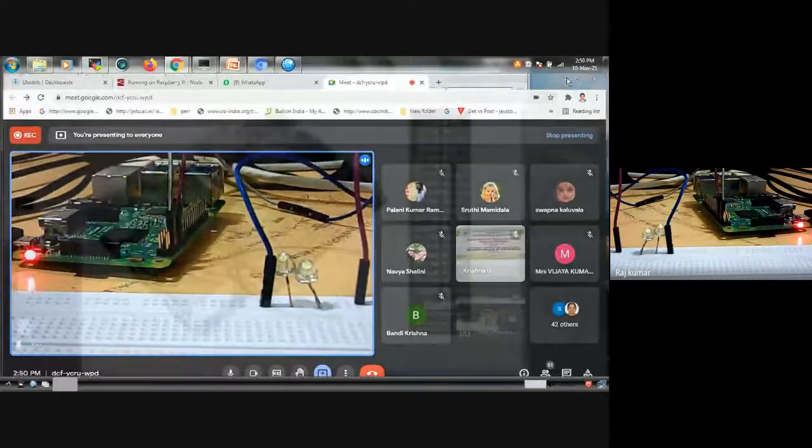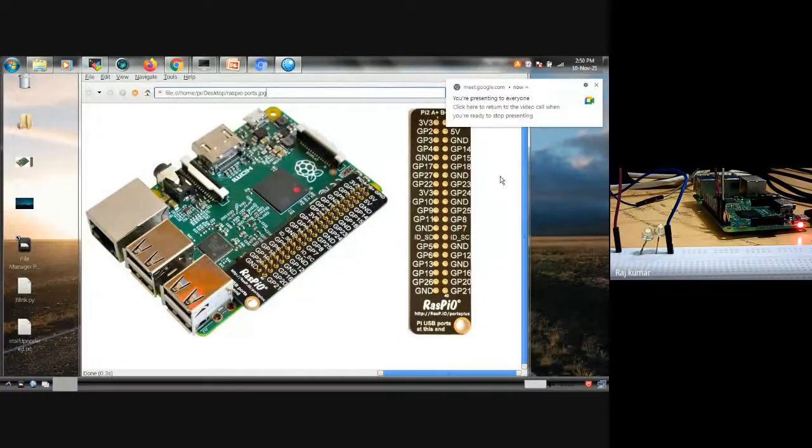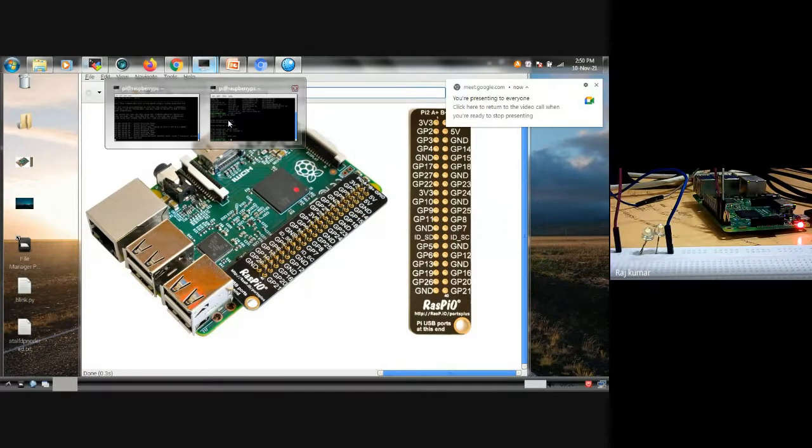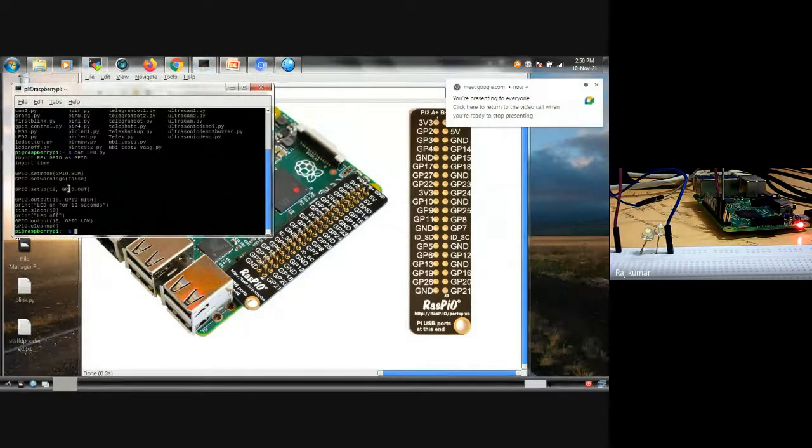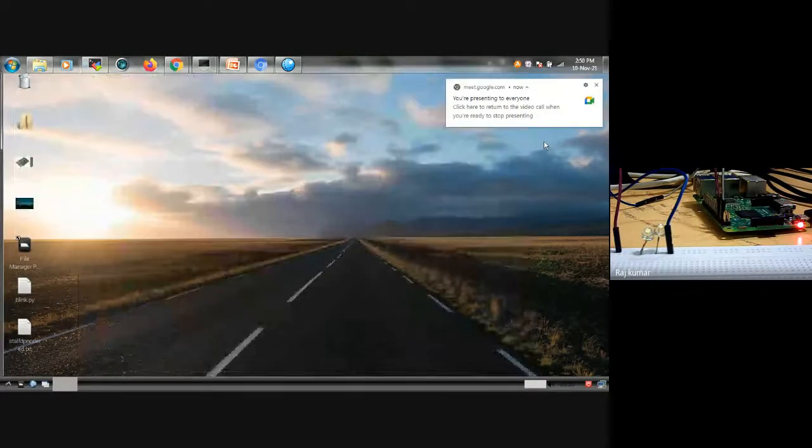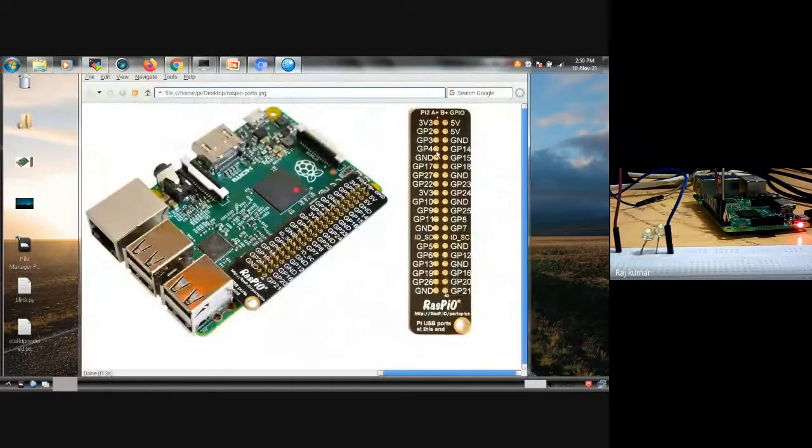Next, this is the layout of the pins. Here I'm engaging pin 18 in the program. Yes, the 18th pin number is being used and it is engaged for this LED. And the other one can be ground. Many ground options are available. For example, in the layout, on the right side you can see the third one as a ground, and on the left side the fifth one as a ground, and so on. GND stands for ground, that is, the negative charge.